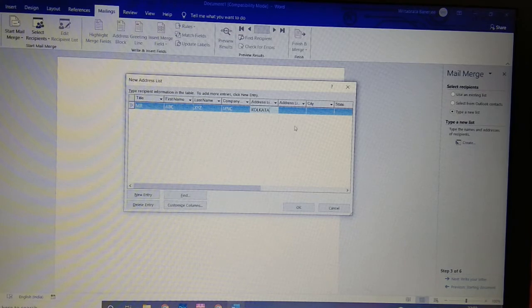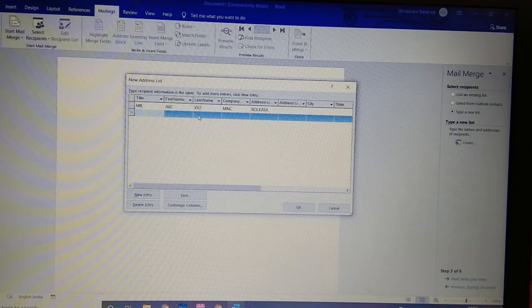Here are some more information that we can put here like address line 2, city, state, zip code, country, home phone and etc. But here I just want to put these basic details for recipient 1.